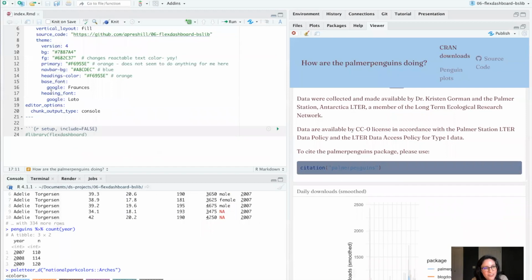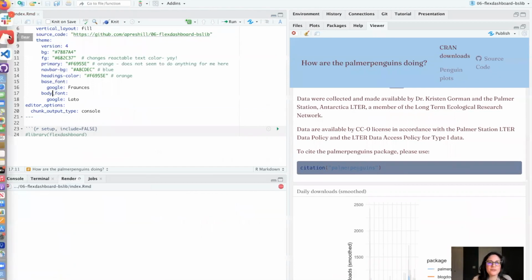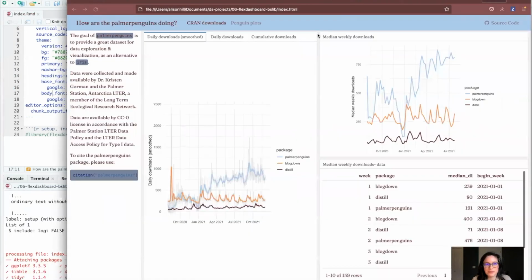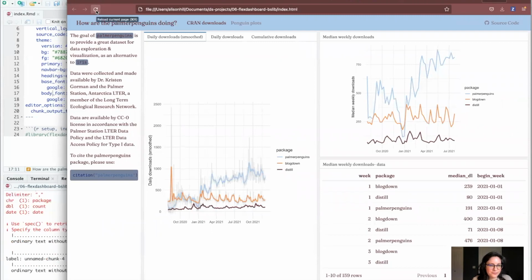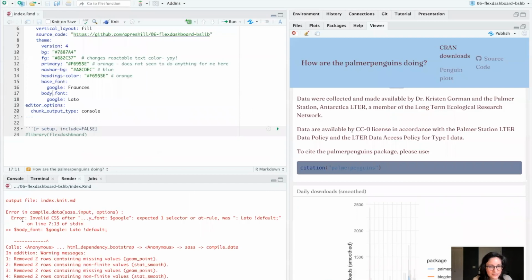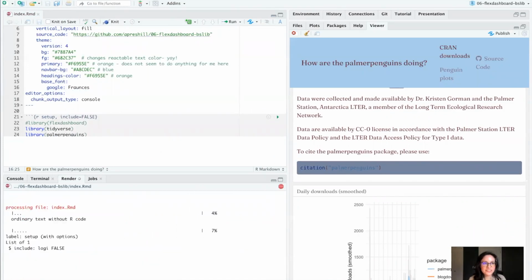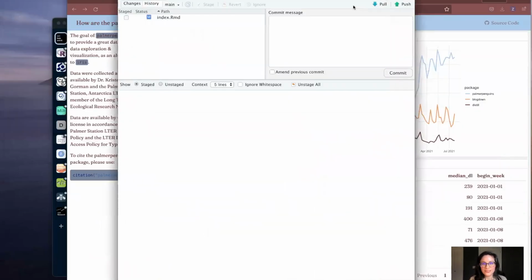Oh, I wonder if it's body font. Okay, I'm just going to try it really quick because I can't handle it. I'm so sorry. This is part of my process. I'm just kind of throwing it out there. I'm not sure that there's actually a body font in bslib. But it feels like there should be. Execution halted. Dang, that's why. Yep. No, there's no body font. All right, so I'm going to leave that. It's for another day. All right, so let's dust it up, put it in Dusty Domains,